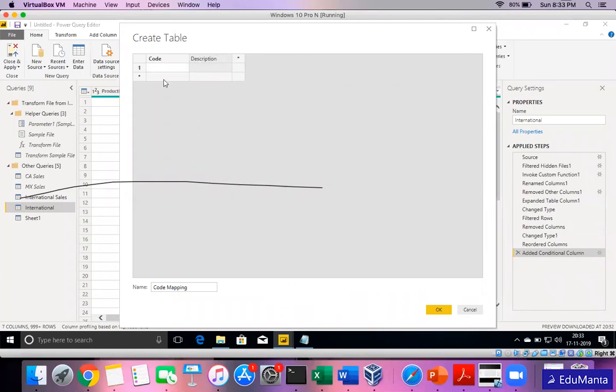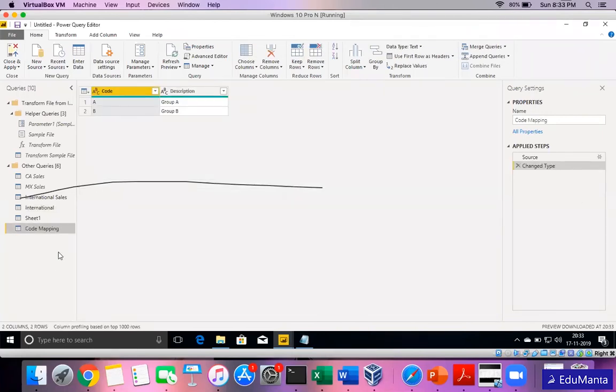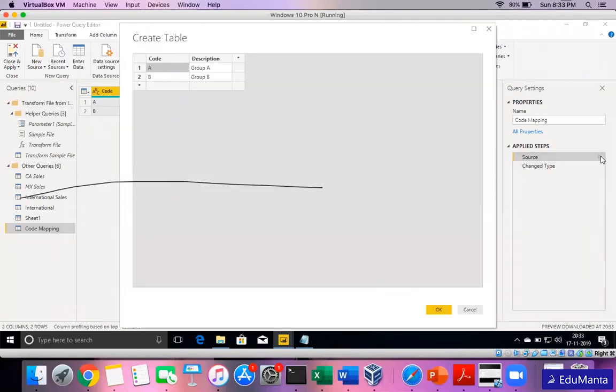So it's not necessary that I write this in Excel and then import it. I can directly write that here. I have two codes, for example A and B, and the descriptions: A means group A and B means group B. I just click OK, and a table is created inside. So if there is such a requirement, where we want to provide specific slicers or a specific option to the user, we can make use of this facility. Again, this can be edited whenever you want to add something to it. You just go to the source, click on the settings icon, and add any column or row to this.